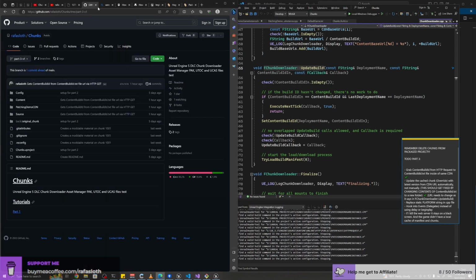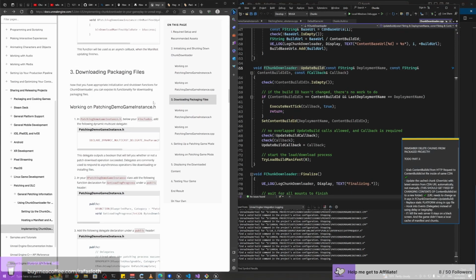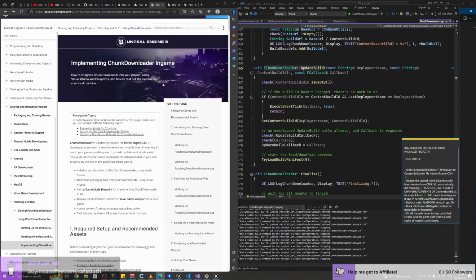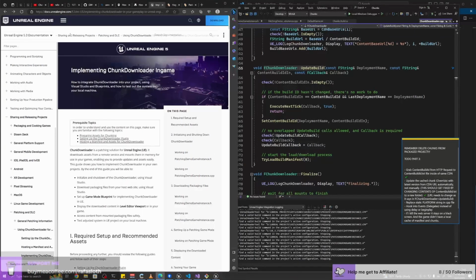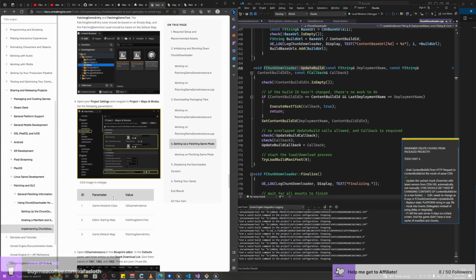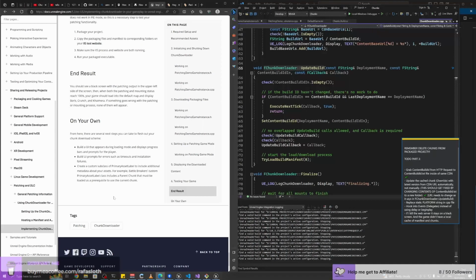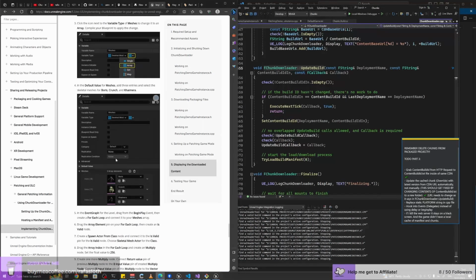Okay, I just think Epic Games needs to improve this documentation for Chunk Downloader. There's not much out there. It's just strange that there's very little documentation for something so important. I don't think they expect developers to just figure it out by bumping their heads into a wall.